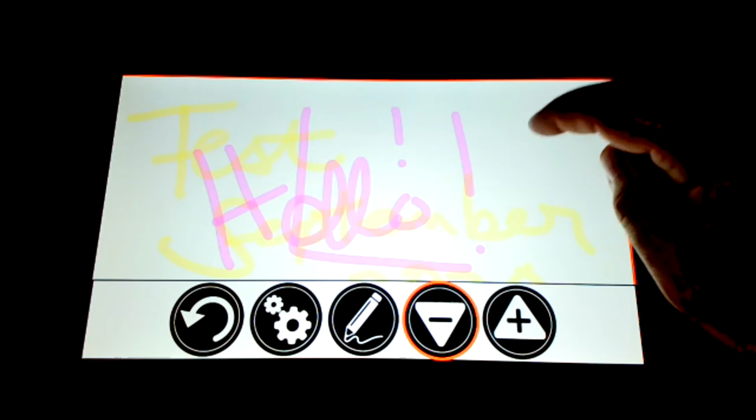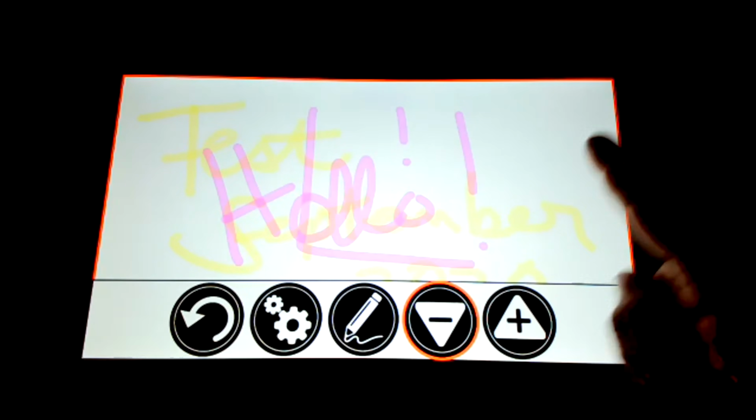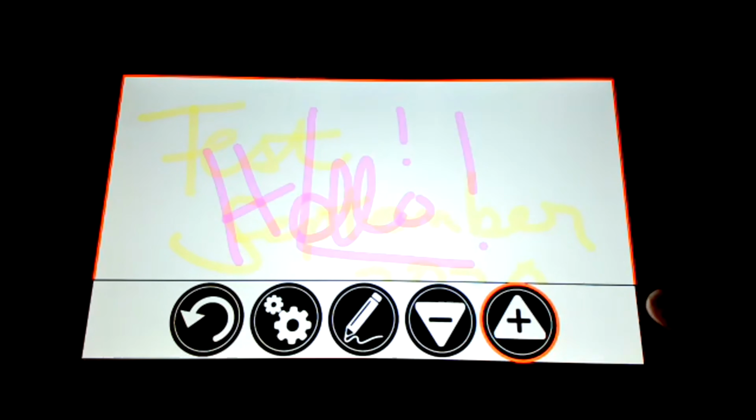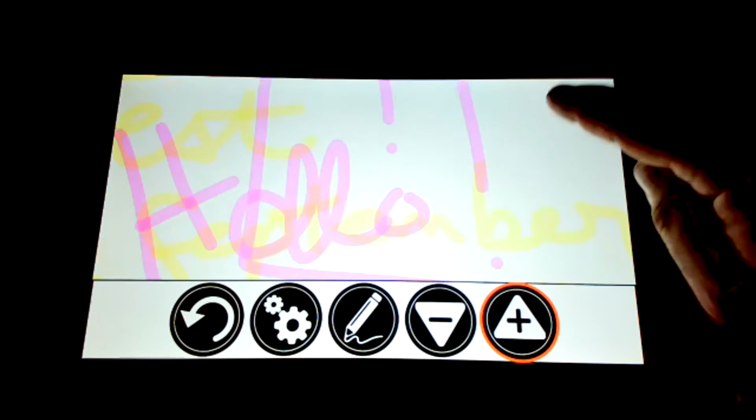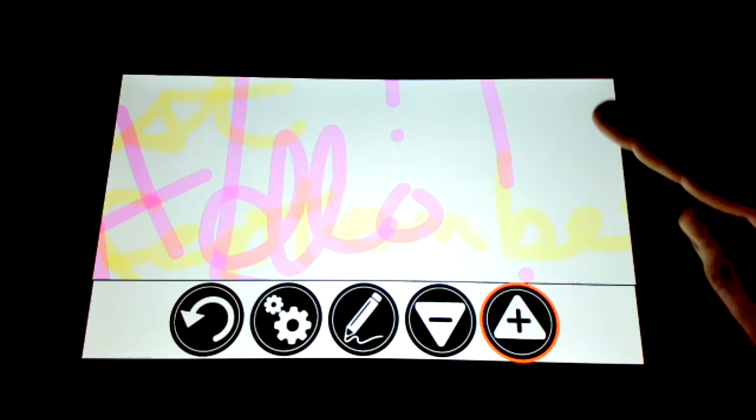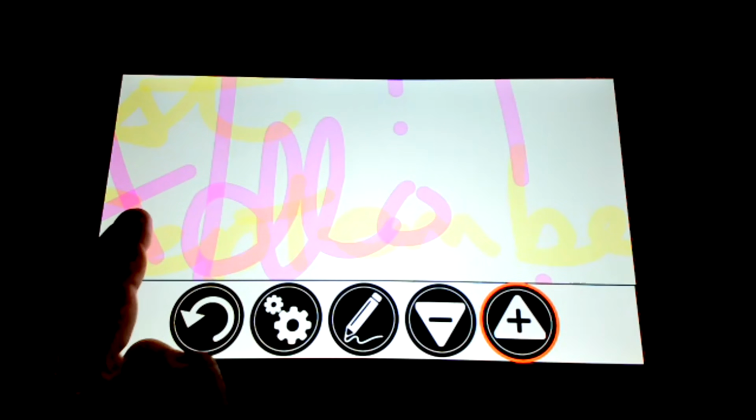So the zoom out will work. And if I swipe to the right, the zoom level up is now activated. So if I click anywhere on my screen, it will start zooming in, even if I'm not pressing directly on it. Exactly. So it makes it a lot better. It makes it more